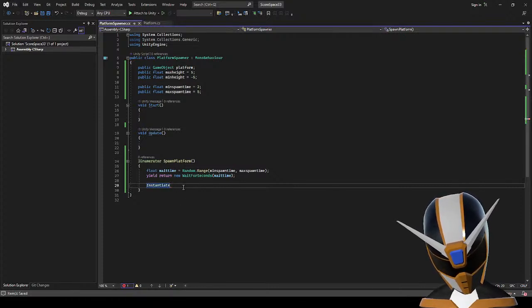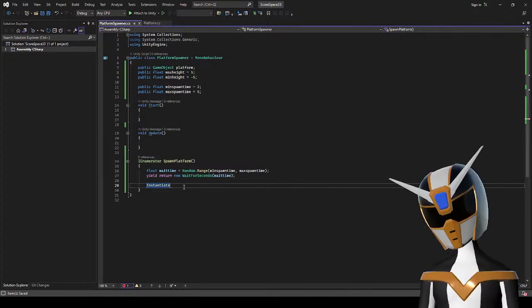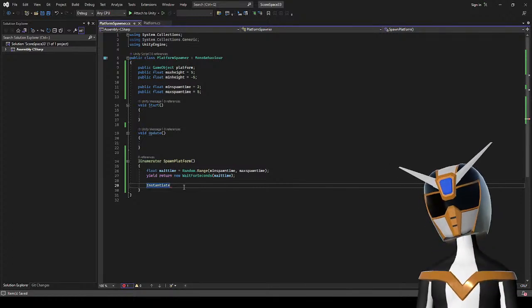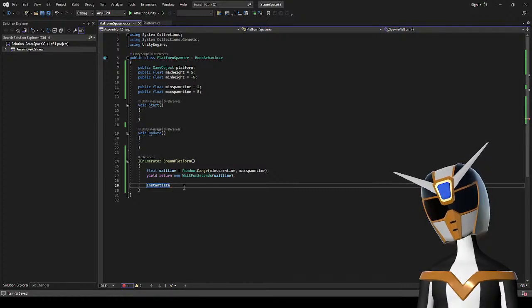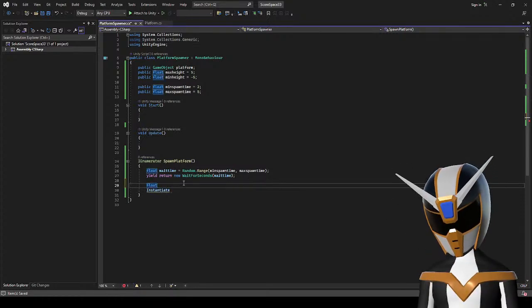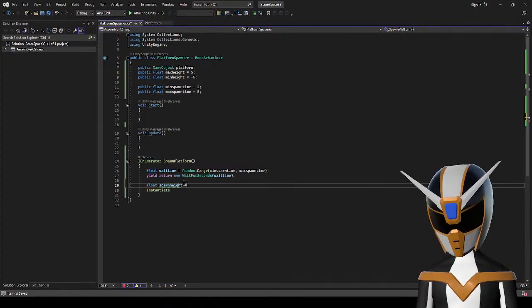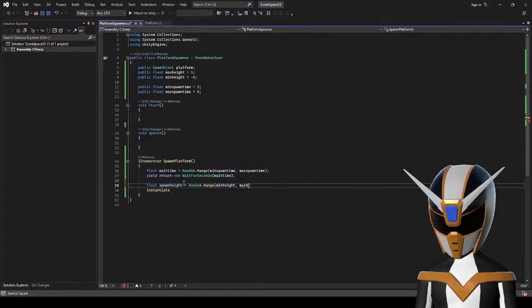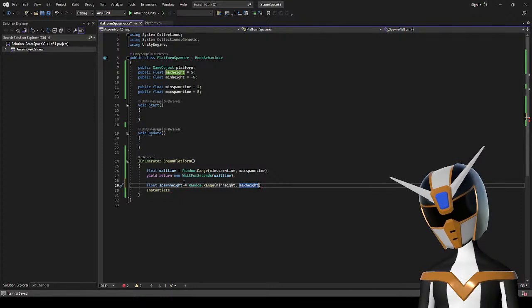Okay. So then I'll need a float for the spawn height. It's going to be Random.Range min height and max height. Excellent.